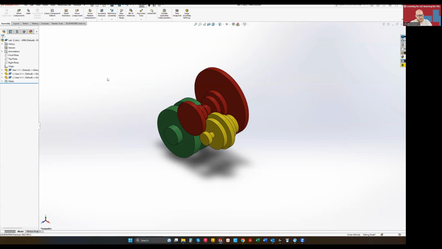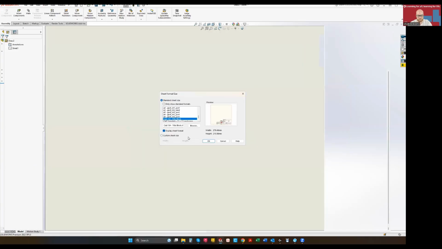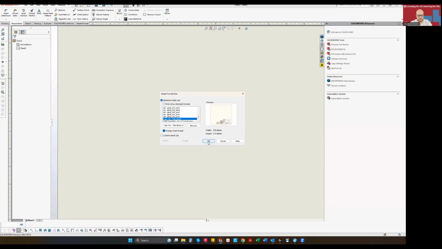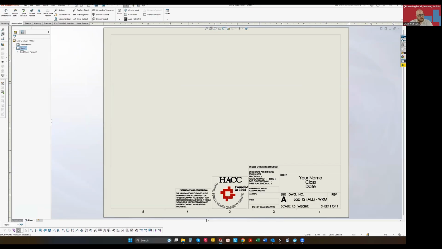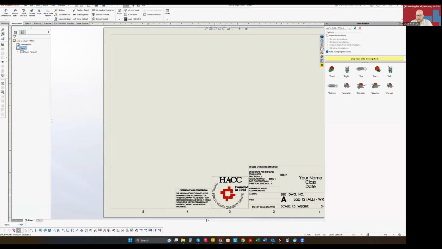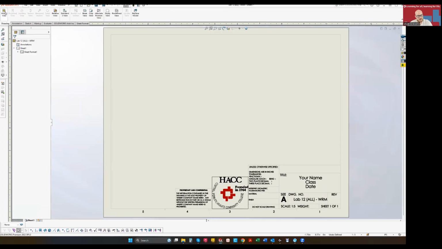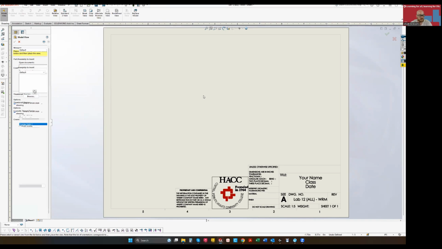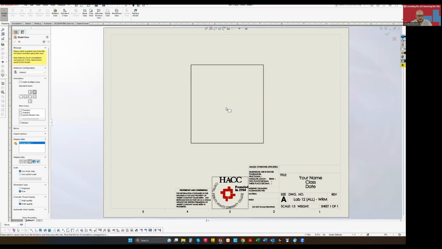So make a drawing from assembly. Select the CAD 154 title block. And then we can come into our view palette if it's already open. If it's not already open, come into drawing, model view. And then if it's already open, it will be here in this part/assembly to insert. If it's not, you'll have to browse. Mine is, so I'm just going to double click on the assembly, place it right there in the center,